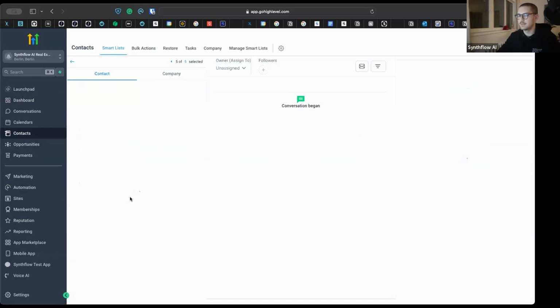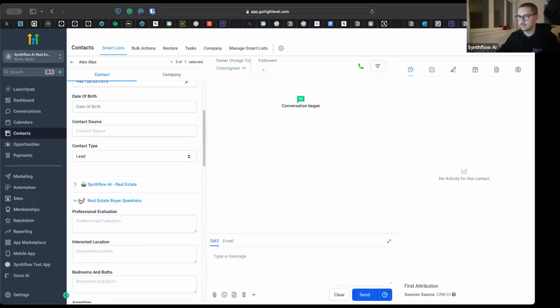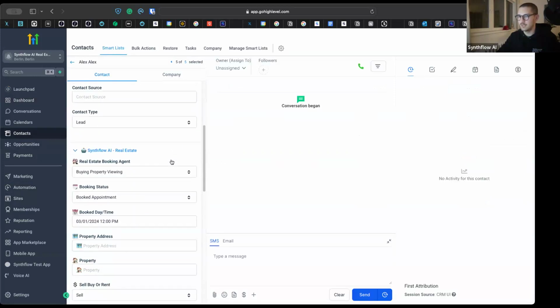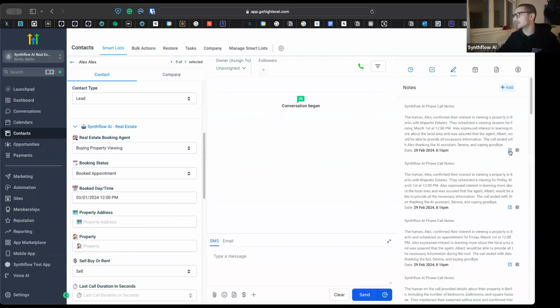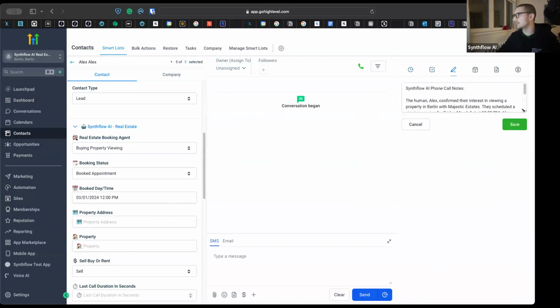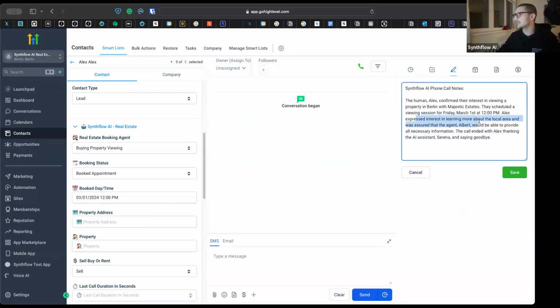Here in Alex, let's see this one. Right. Buying property viewing, it was the workflow that I triggered, booked appointment, and it did book the appointment. And also, one second, in the notes, we also have the summary of this. So Alex expressed interest in learning more about the local area and was assured that the agent